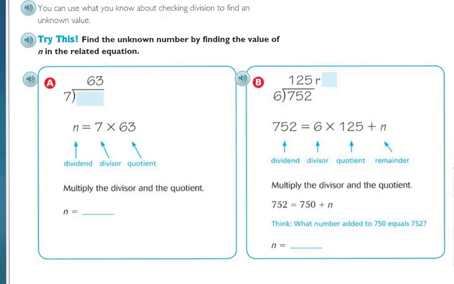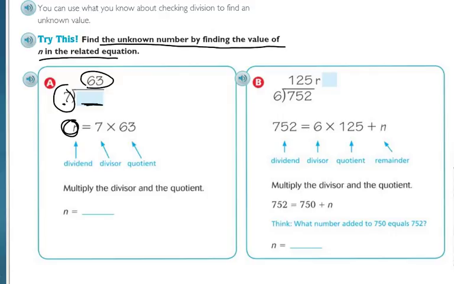So let's try this. You can use what you know about checking division to find an unknown value. Find the unknown number by finding the value of the n in the related equation. So something divided by 7 gives me 63. So this something, I can write it as 7 times 63, which is going to give me what this blank number is. So if I have 63 times 7,